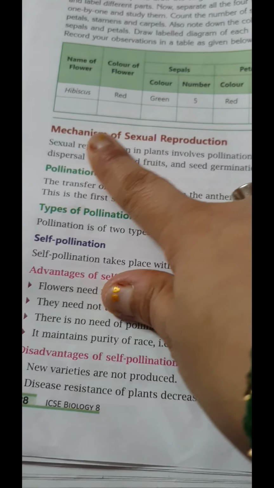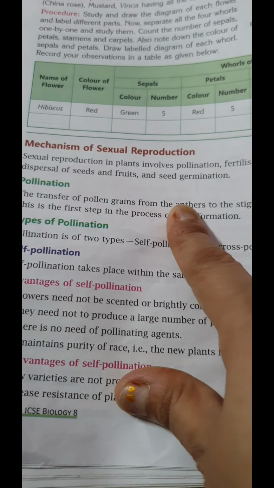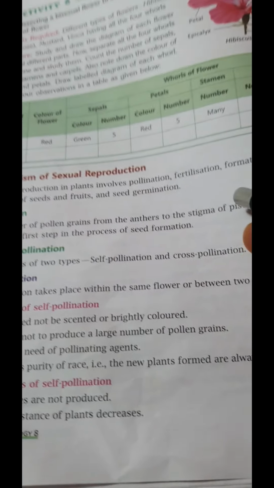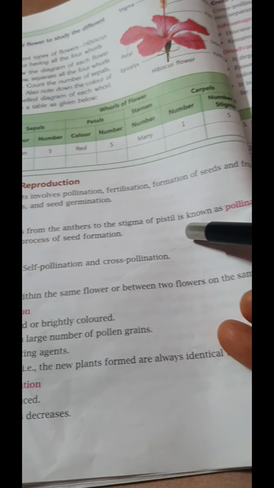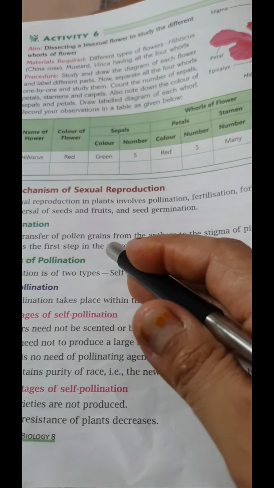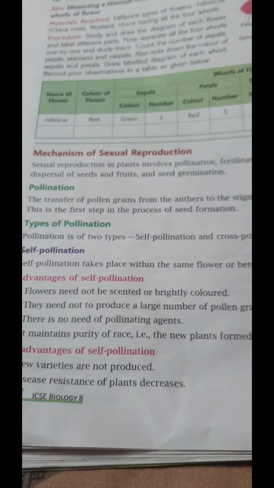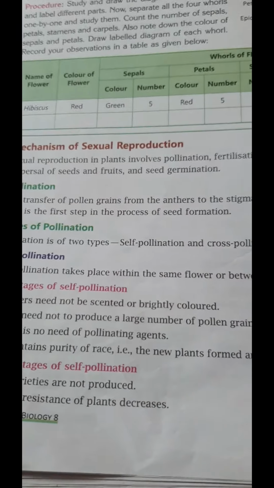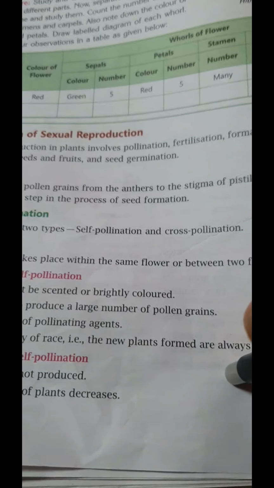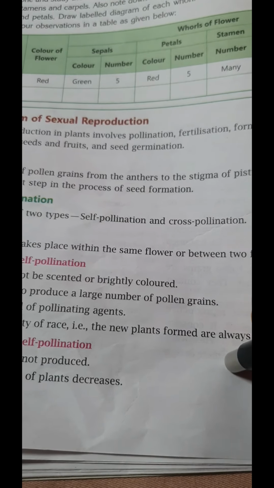Now, the transfer of pollen grains from the anthers to the stigma of the pistil is known as pollination. Transfer of what? Pollen grains. So this is the first step in the process of seed formation. Pollination is the first